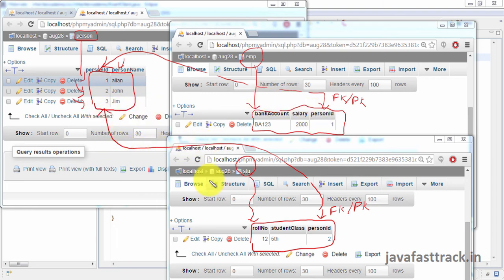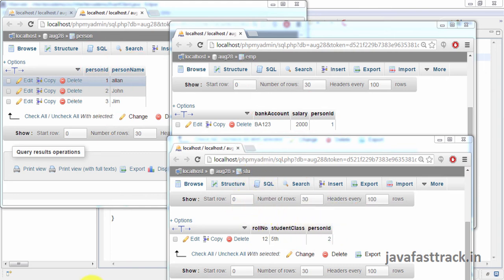So like this, data has been inserted. All the data is inserted into the person table, and employee related data is inserted into the employee table. Student related data is inserted into the student table. So the main concept in joined is the concept of foreign keys. So person ID here is foreign key and primary key.